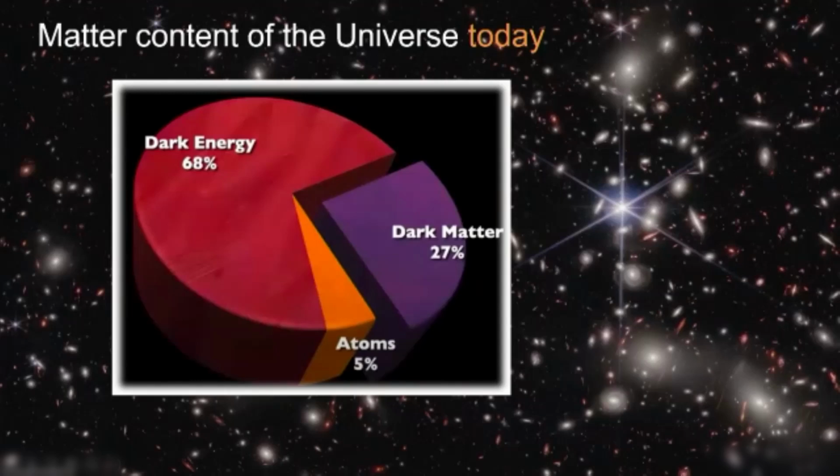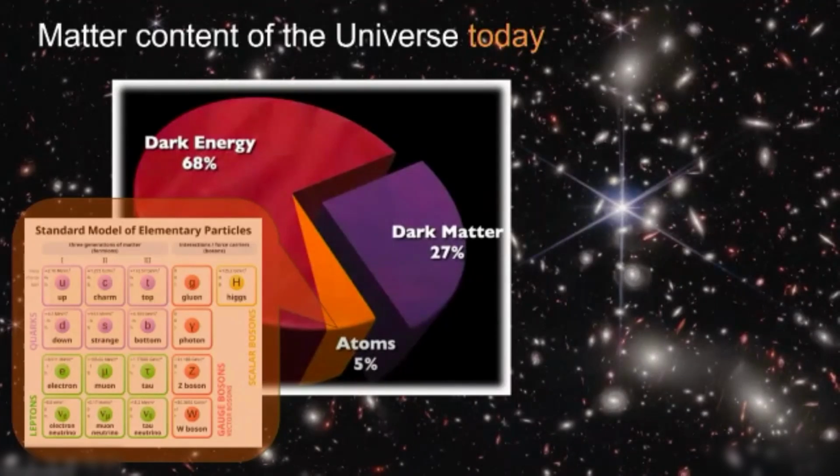A factor of 5 more exists of matter, of particles with a mass interacting gravitationally, that we don't know and cannot interact with. And an even larger factor, 70% of our entire universe, is something of even other nature. It's a type of energy which we call dark, because we have no idea. And if you want to embarrass me at the end of the talk, you can ask me, what do I know about dark energy? And many colleagues will follow me in being embarrassed and saying, we know very little. Let me tell you about things we know.